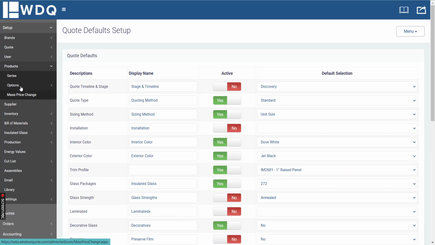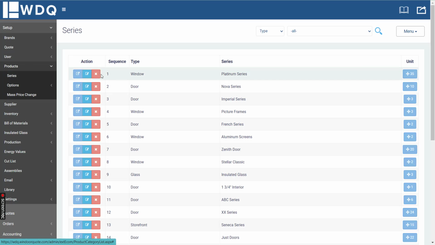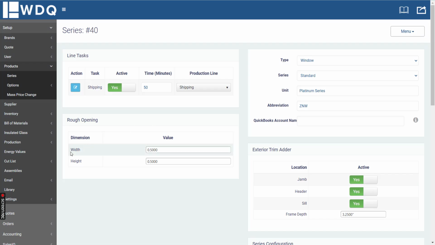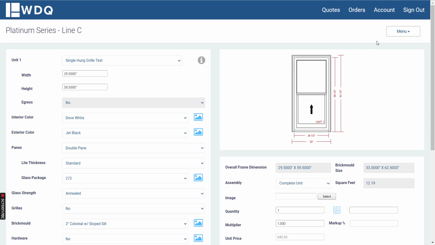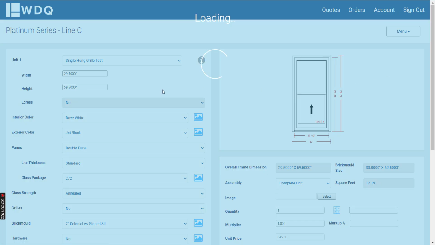Because if we go to the series setup page, you can input the rough opening values right here. So if we say our rough opening calculation is, say, 0.75 inches,